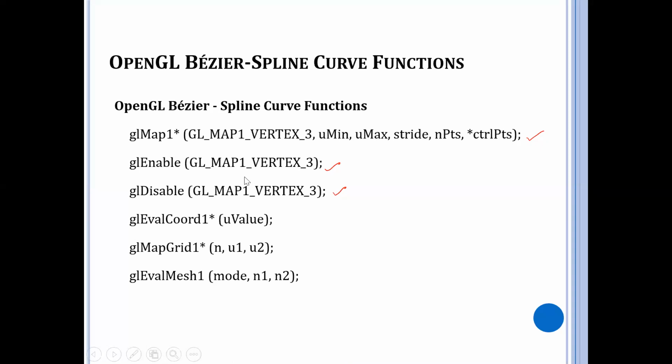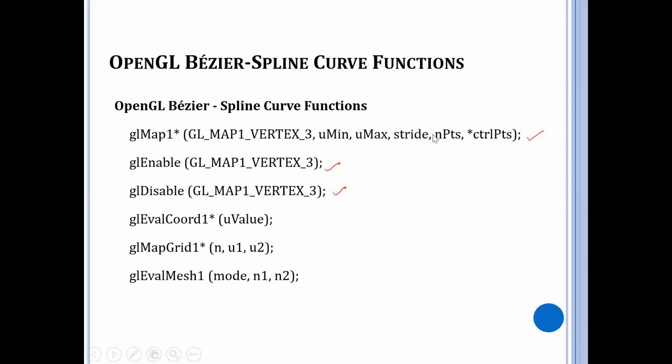The Bezier control points are listed in an array, control points. The number of elements in this array is given as a positive integer using the parameter n. So here umin and umax represent the minimum and maximum values of the curve parameter. Control points are the Bezier control points which are listed in this array, and n represents the total number of points that we make use of, and it is a positive integer.